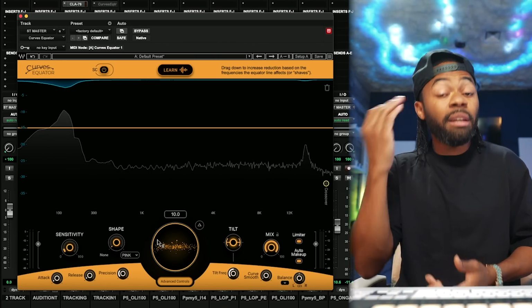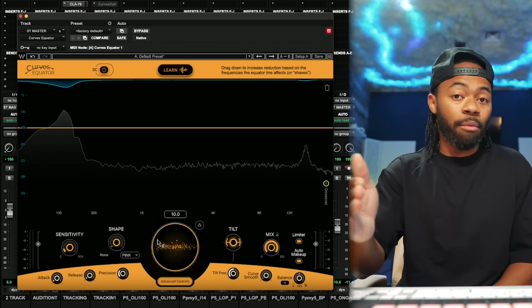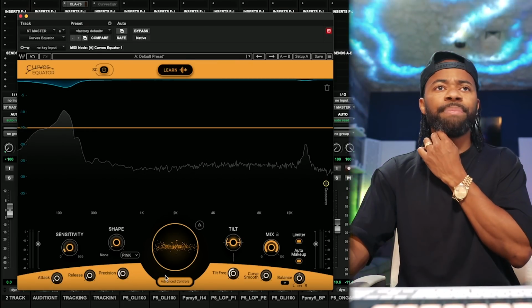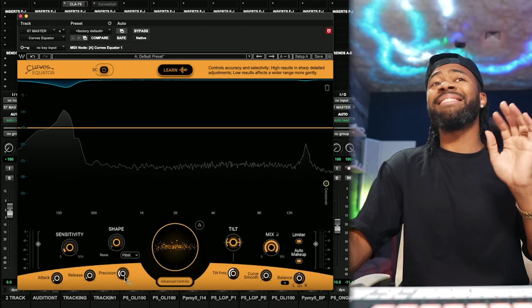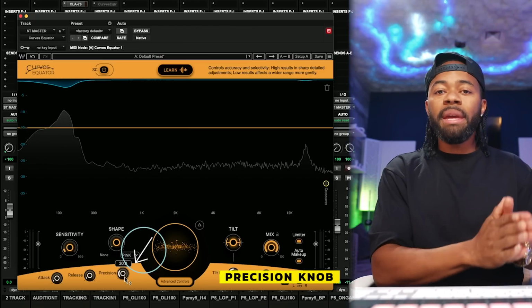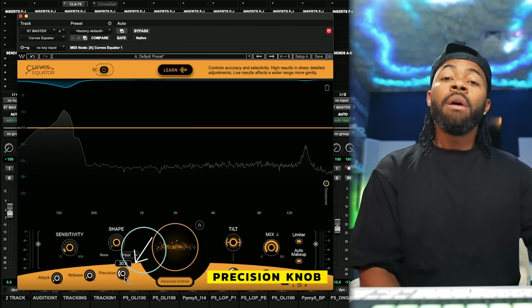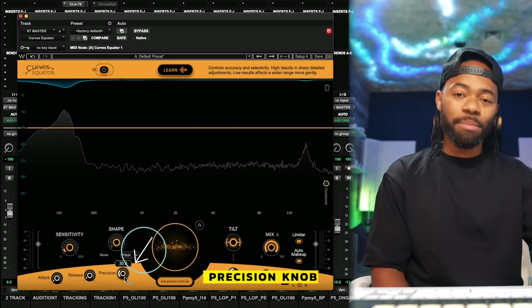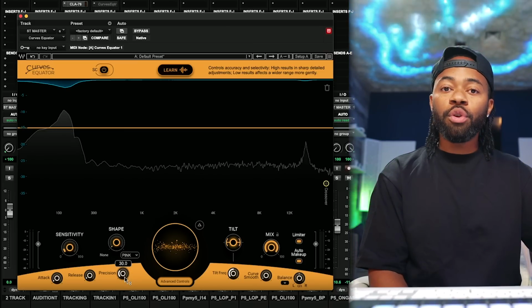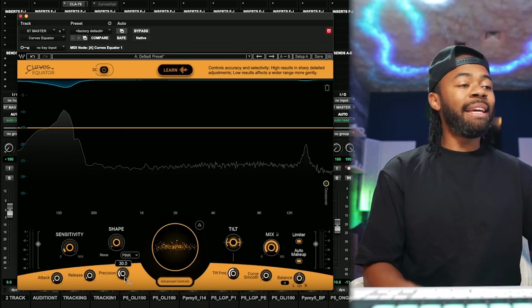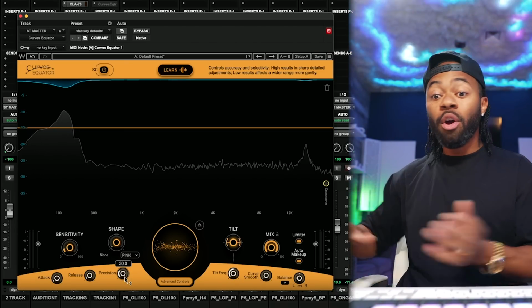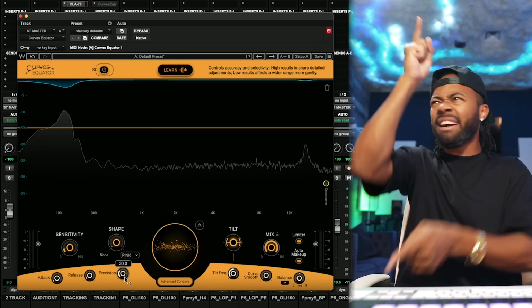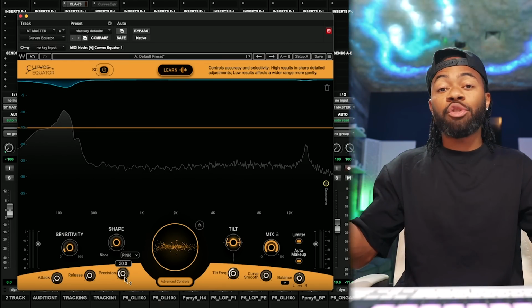Decide for yourself. Think of it just like compression in that regard. It can completely alter the sound of the actual sound source. Next, we have precision. Now, to me, and I'll be honest, I'll relate it to something. Precision reminds me a lot of sharpness when it comes to Soothe 2. On Soothe 2, the sharpness being lower gave me more broader cuts. With the sharpness higher, it gave me more precise cuts, more tiny cuts that were happening within the actual resonant